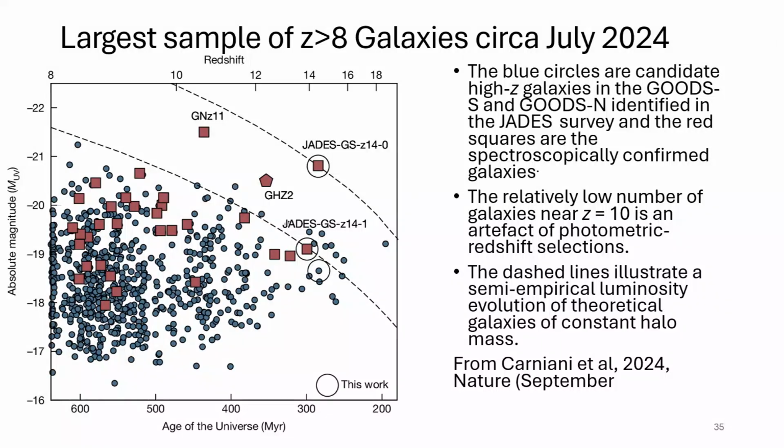So this is a busy plot, but it's got age along the bottom here. As a result of JWST, we now have about 100 galaxies that might be above redshifts of 8. The only ones that are spectroscopically confirmed are the red ones. Okay? And the red ones are also the brightest ones. And there are people here at the University of Oxford who have been working on some of these objects.